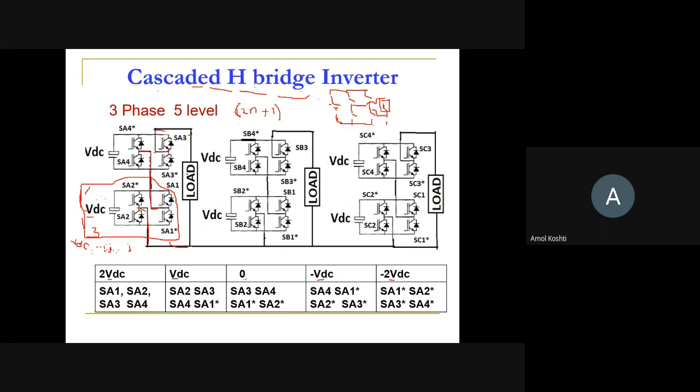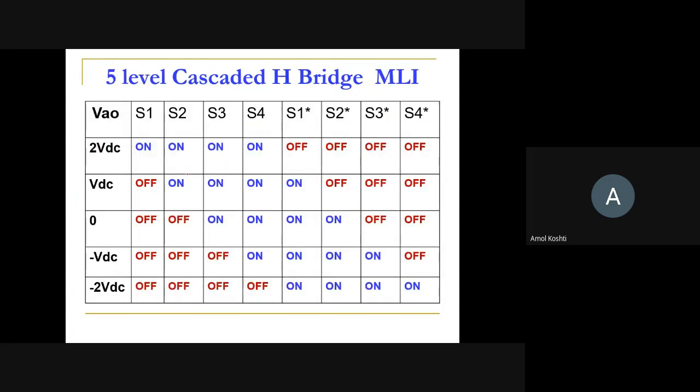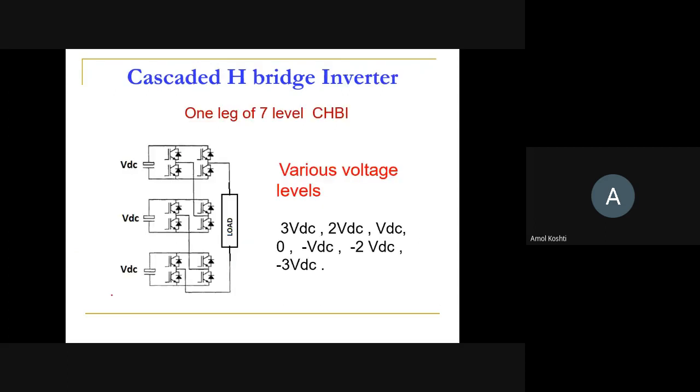So this is how the cascaded H-bridge inverter works. Here you can also observe the switching combinations, and once you trace these in the circuitry, you will definitely get the outputs like this: 2 VDC, VDC, 0, minus VDC, and minus 2 VDC. This switching combination we can also change as per our convenience, provided we take care of the levels we are getting at the load end. And as I told you, if you increase one more cell, you get this 7 level output. And what are the 7 levels?